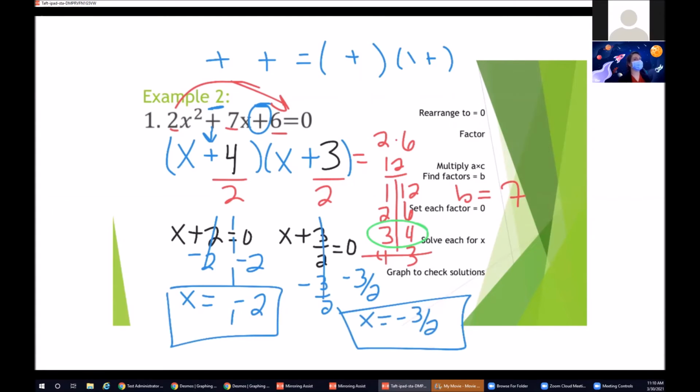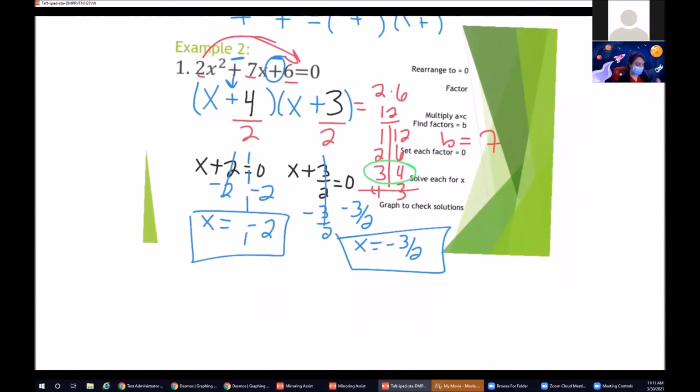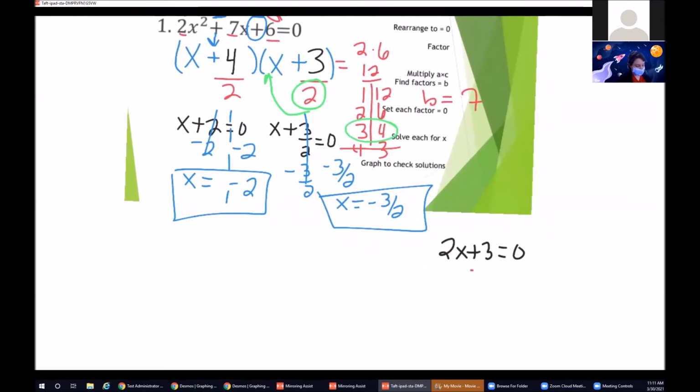Any questions? No? Okay. So before we move on, I'm just going to do one more thing just to show you in case you see something like this. So remember before I would tell y'all, if we're just factoring, we would move this number to the front, right? The reason I'm not doing that right now is because I'm trying to save you an extra step. If we were to do that, that would come out to be 2x plus 3 equals 0. And to solve for x, we would subtract 3 to the other side, and then have 2x equals -3, and